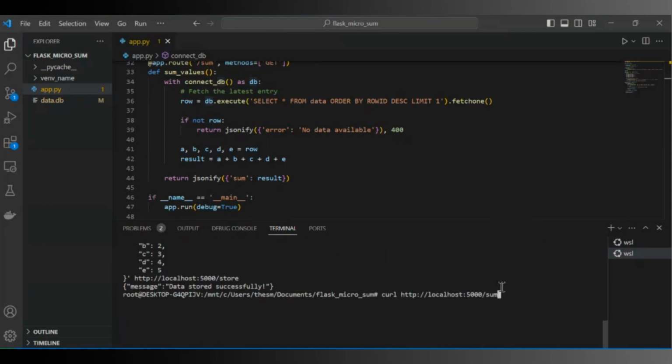Now we use the second curl command, which is to do the sum, because there's no request data here. We just run that route and we get the JSON object with the sum back. So we click enter, we get sum 15, which is exactly what the sum needed to be. And we pretty much defined how we can set up a simple Flask server on an API that's